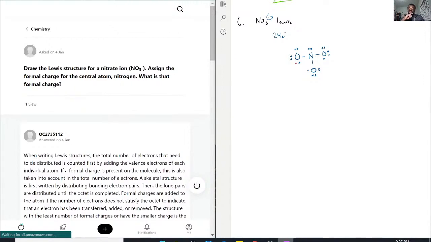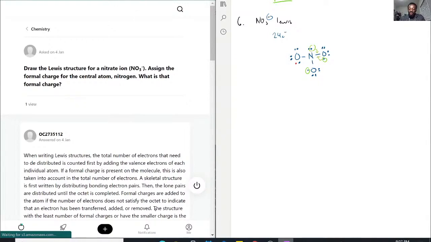Okay, so there we have it for that. Okay, so that one's taken care of. But we still have at least 2 unpaired electrons. How are we going to approach that? That is a very good question. So this is where it gets a little bit tricky, because we don't want to break the octet rule. We're going to have to now